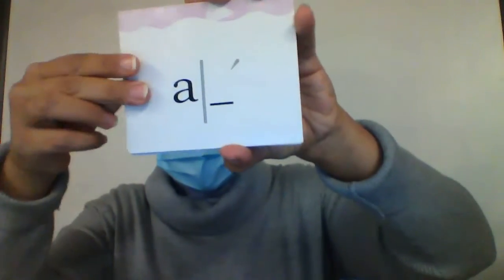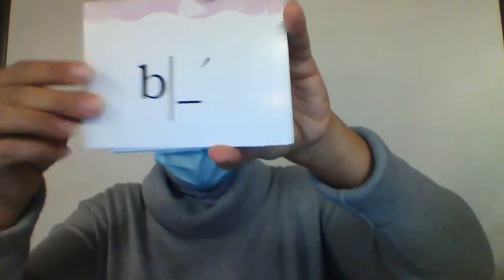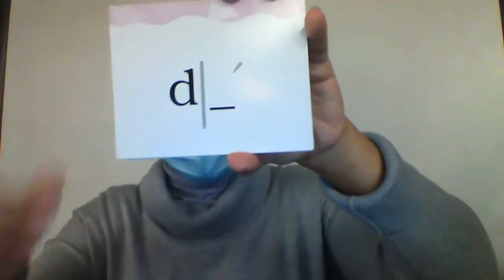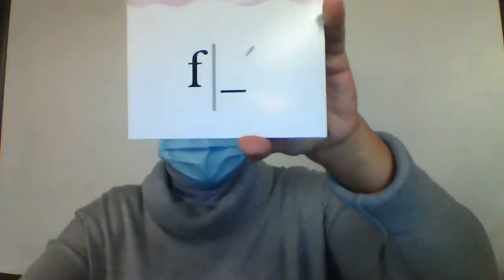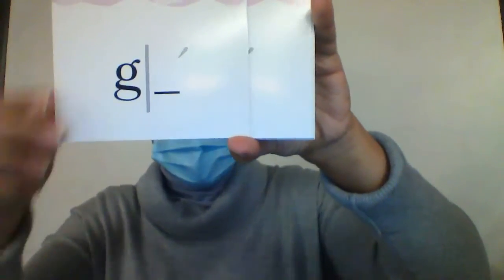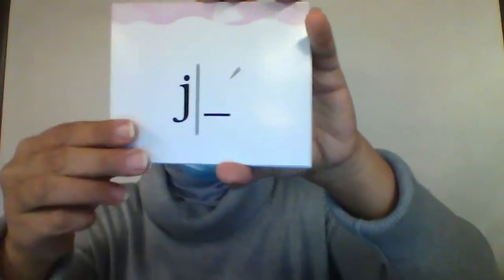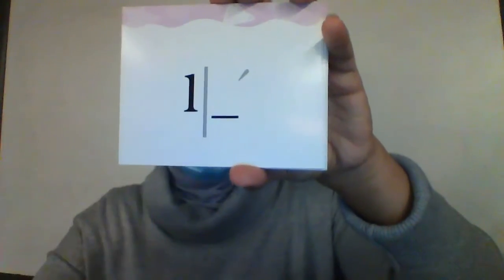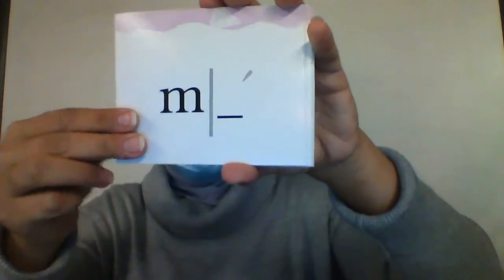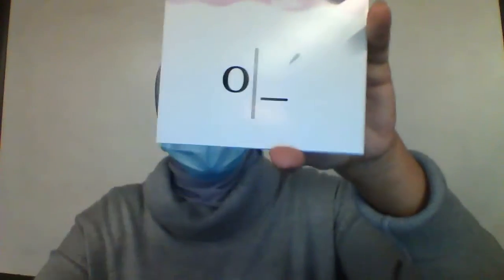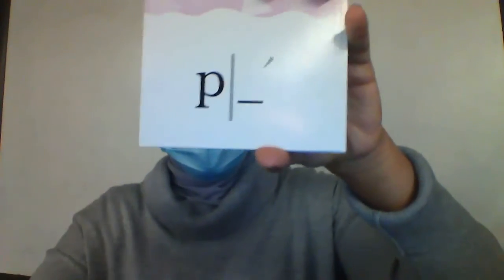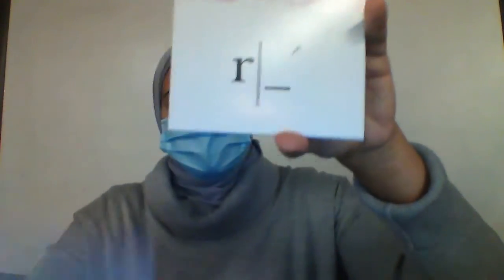So this is called an alphabet accent deck. What we do is I say A, you say B, C, D, E, F, G, H, I, J, K, L, M, N, O, P, Q, R,